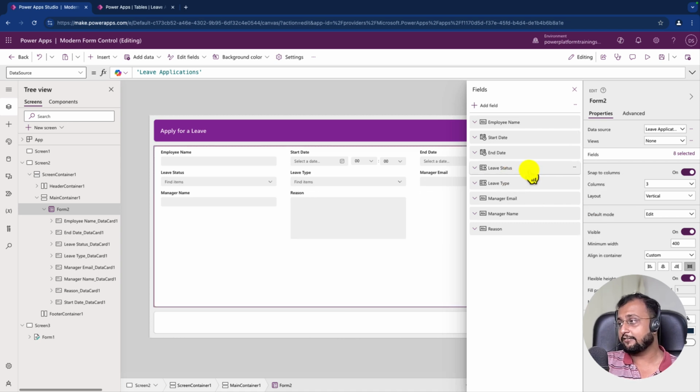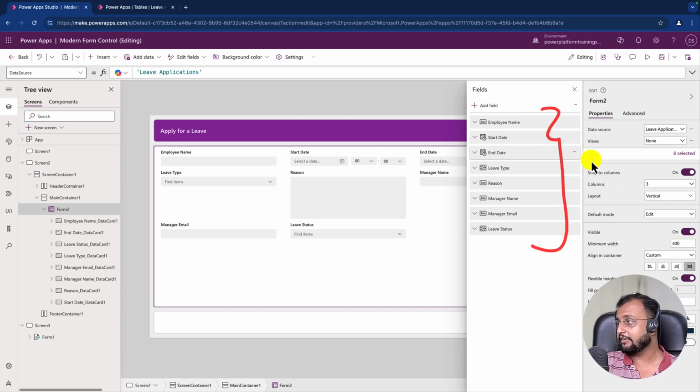Then I need leave status as well, but at the very last. Then I need leave type, and probably manager name and email, and then leave status, and probably reason is something I just want to add after the leave type. Okay, so this is how I want to set up my interface. You can simply use this edit field section and arrange it by drag and drop. Apart from that, there are some other options as well, like what kind of layout you need